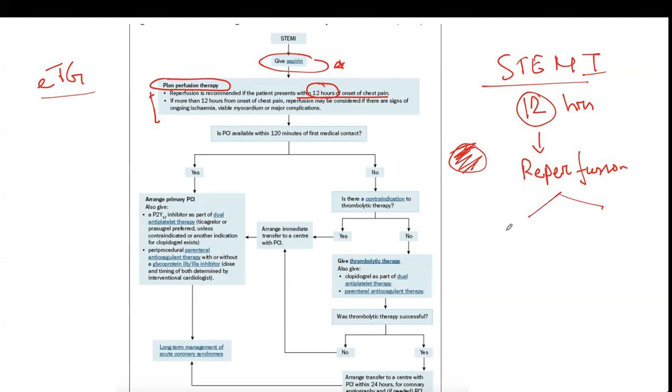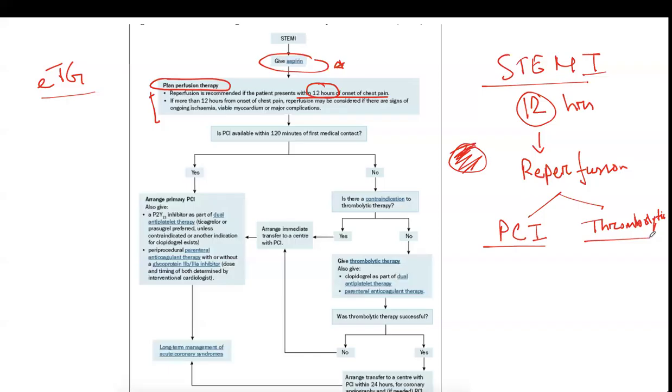So there are two options. We have percutaneous coronary intervention. We have thrombolytic therapy. Both of them can be tried if patient comes within 12 hours. Remember, because you are always confused about this topic. So in reperfusion, if a patient comes within 12 hours, then we can choose PCI, which is the coronary intervention,